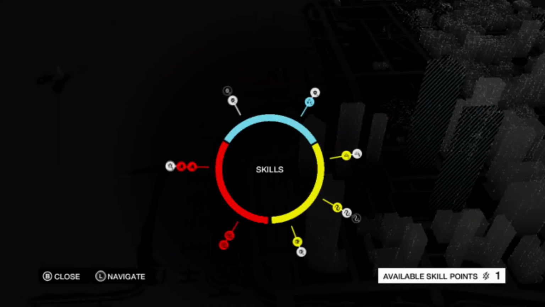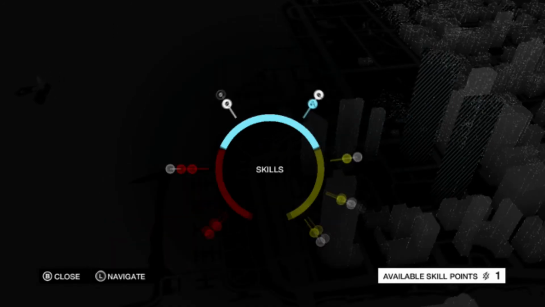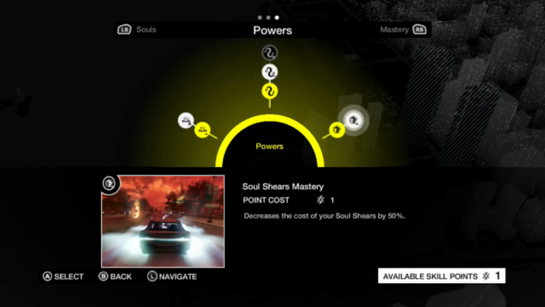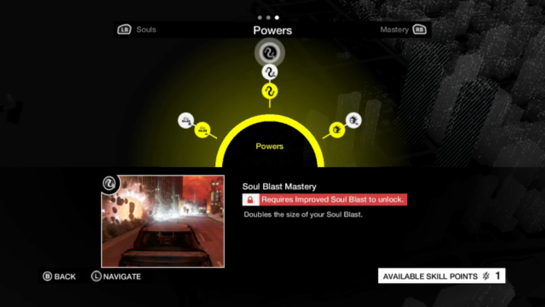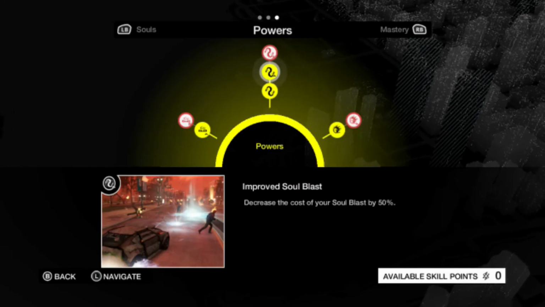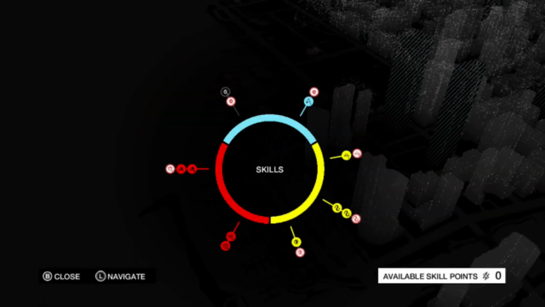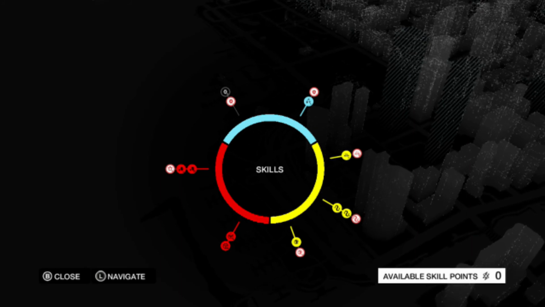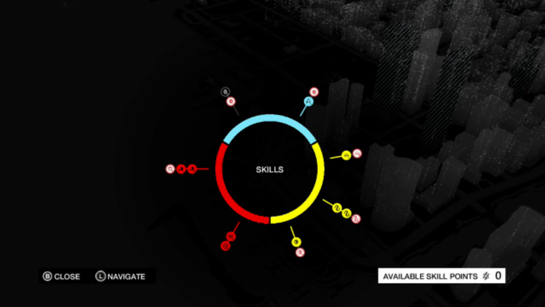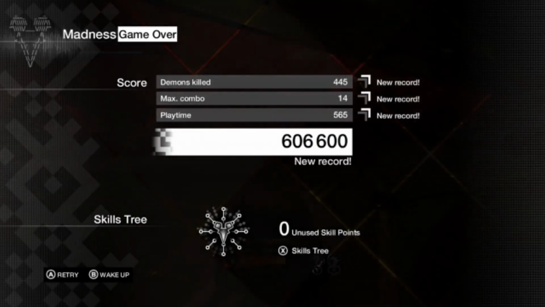So I've got a point here, and I think I am going to put this to give my soul blast, which will basically reduce that when I do use it. Like I say, it's quite good for killing when you've got 16 to kill, 28 to kill. It does get pretty high, and use that. So that was Demon Drive, or whatever it was called, Madness, sorry. So that's just a quick look at that,